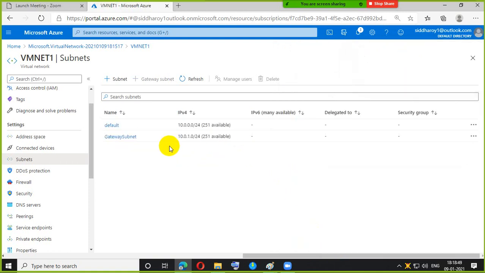Now you can see that the gateway subnet was created, right?